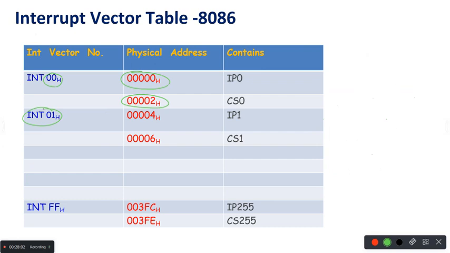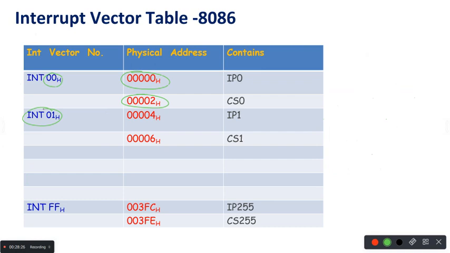So whenever interrupt 1 asks for service from the microprocessor, the microprocessor will get its interrupt service routine from this code segment and instruction pointer. So every interrupt has its own